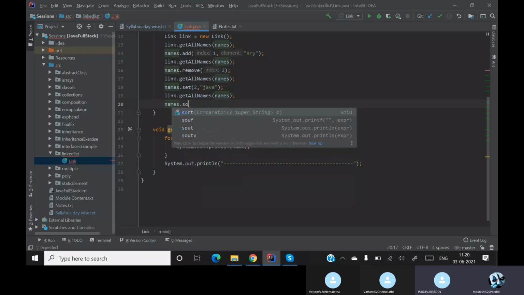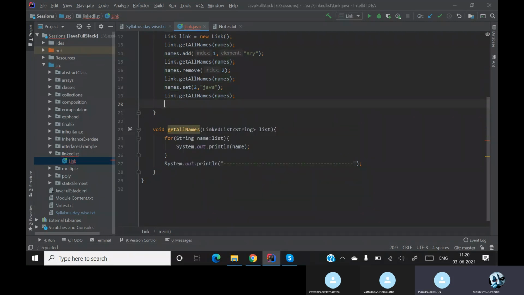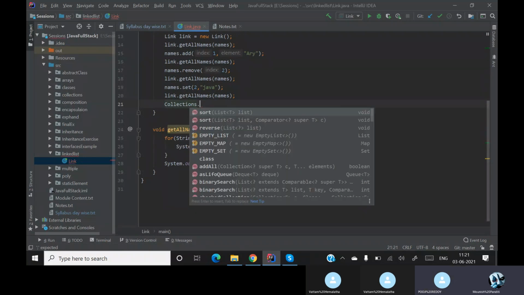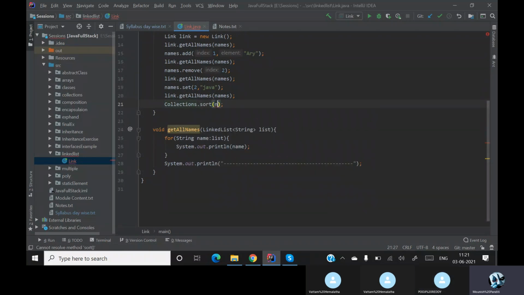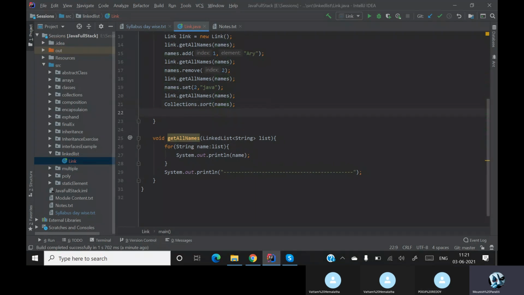Okay. Now, is our linked list part of collections? Yeah. Our linked list is basically a part of collections. So let's call upon our collections class, and then in our collections class let us sort it. I'm sorting my names list with the help of our collections class.